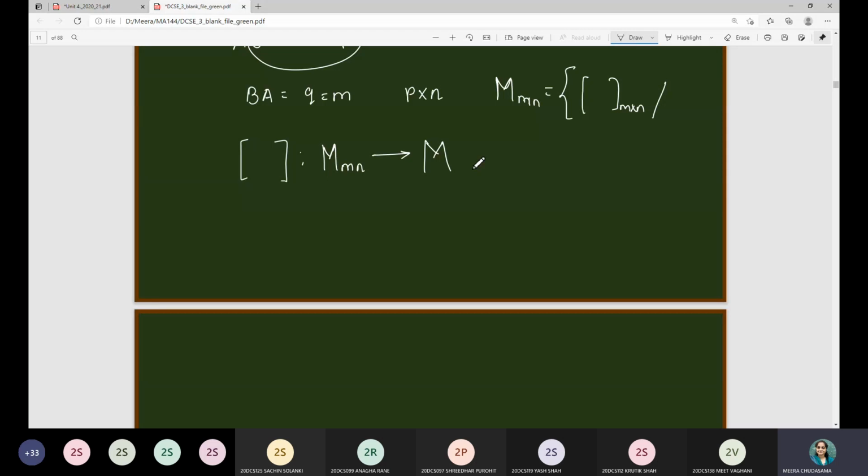Domain means you can consider a matrix as a function where you are choosing an element as a matrix. After performing certain operations, you are again getting a matrix only. So a matrix is a function from matrix to matrix, right? Whereas if you consider the determinant, then the determinant will be performed on the class of square matrices.